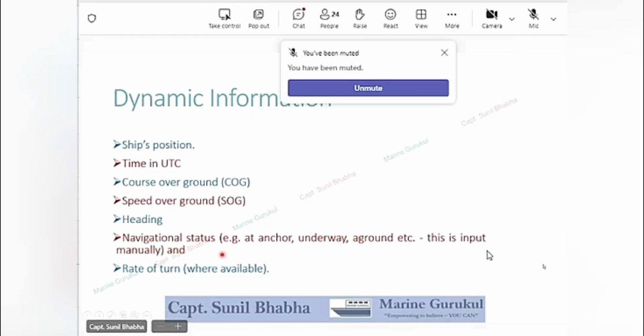A ship which is at anchor will have most of its data which is stable, not changing. So the frequency which is required is much lesser as compared to a ship which is moving. So a moving ship will have to update or transmit its data at a frequent interval at a higher frequency.